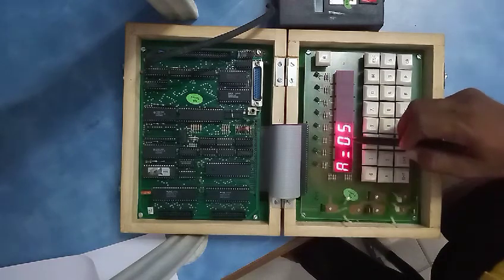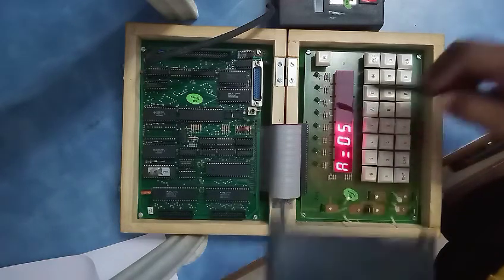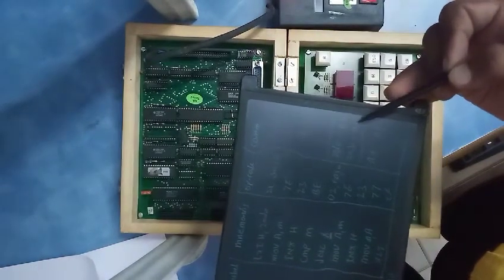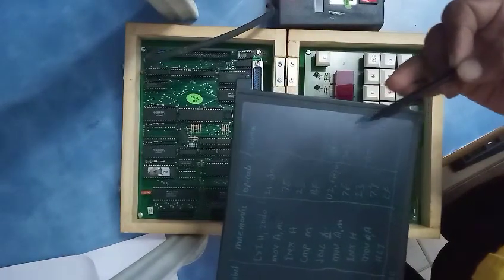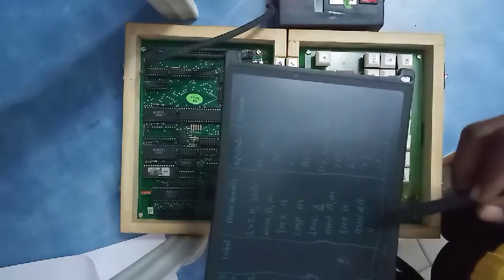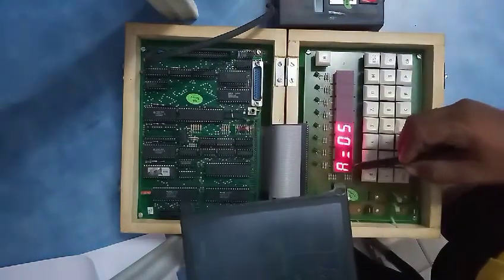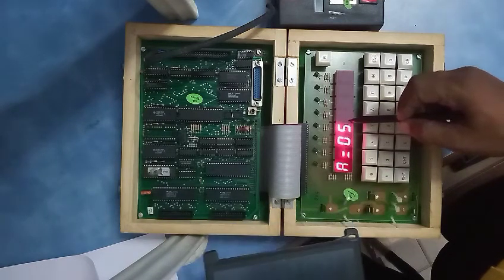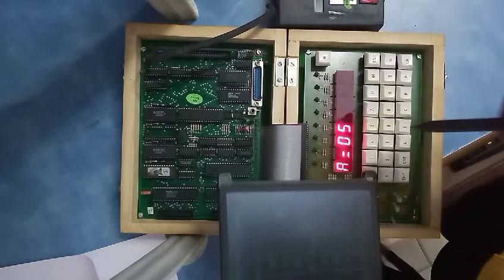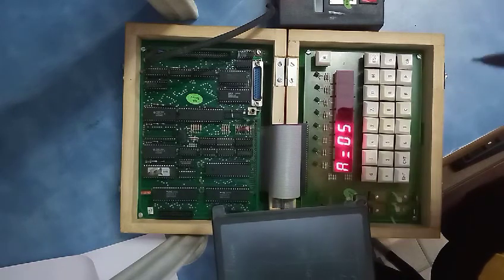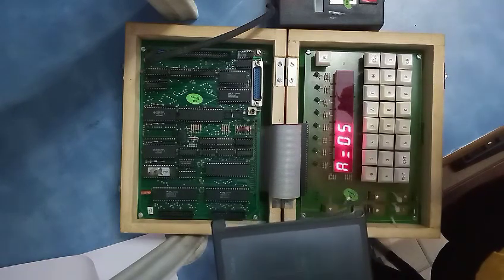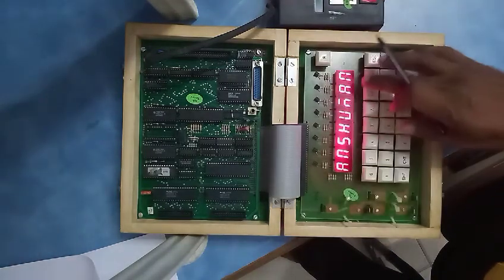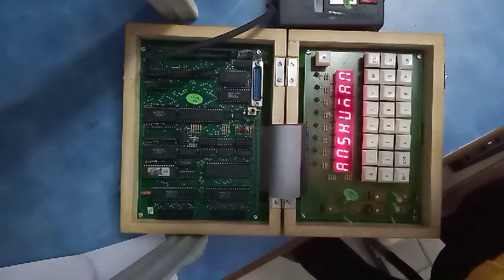This accumulator contains the value 05. It means whatever program we have written, out of 02 and 05, the 5 is the larger number. The larger number is displayed in this memory location, meaning in the accumulator the answer is displayed here. Okay students, this is the program for finding the larger number of any given two numbers. Okay, just press reset, the instrument will be displayed, and then stop the program. Yes, thank you.